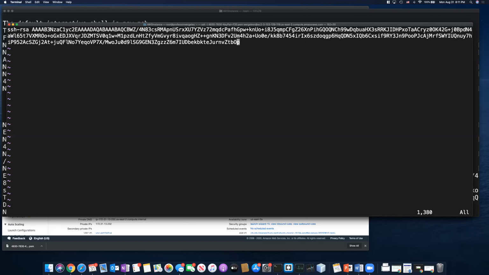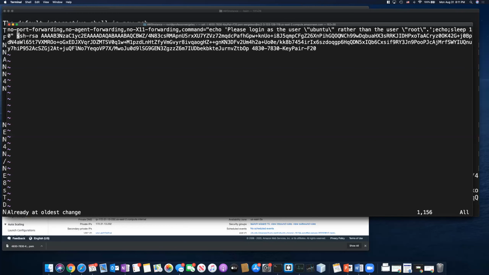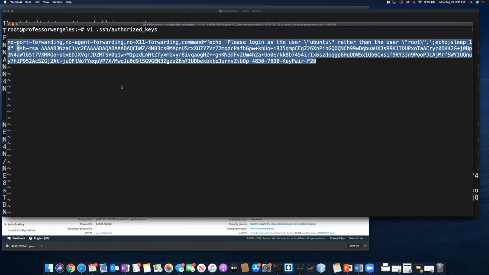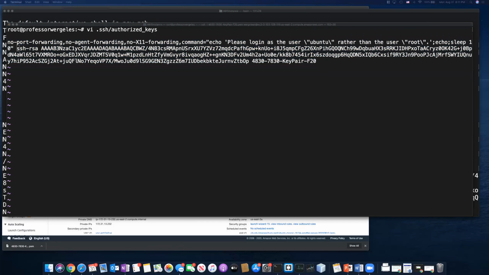So before you escape, if I hit U, you can undo. Okay, so you see U is undo already to the oldest change. I can copy this real quick. Control C, maybe paste it in a text file. Maybe store it somewhere so that you can change it back later. Okay, U is undo. If I hit R,